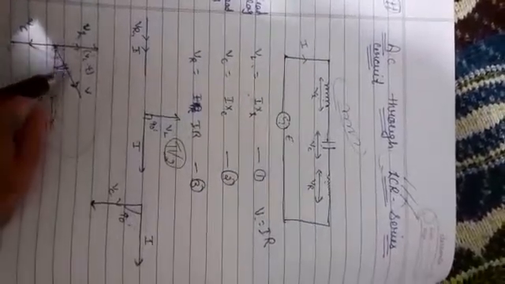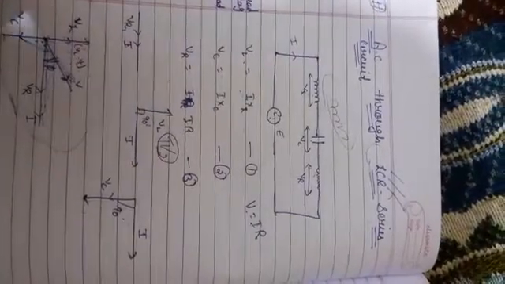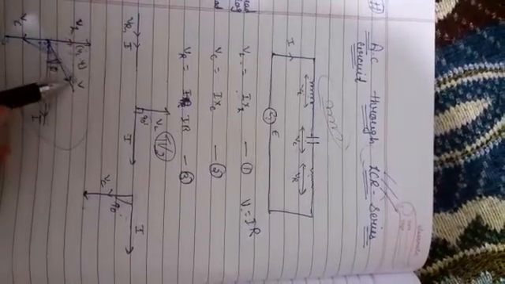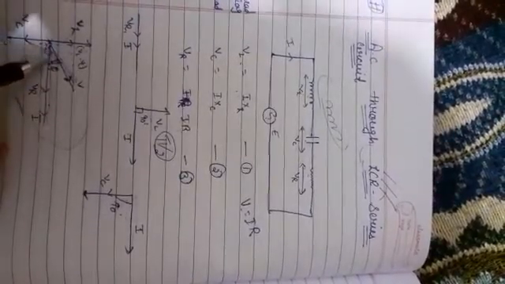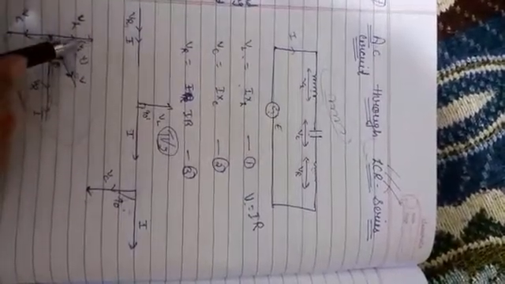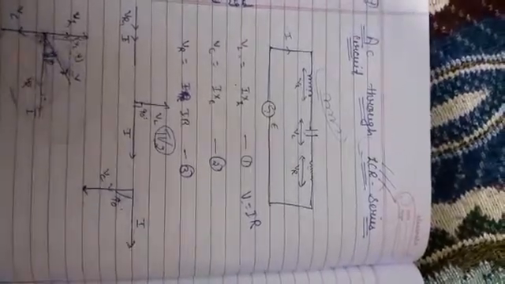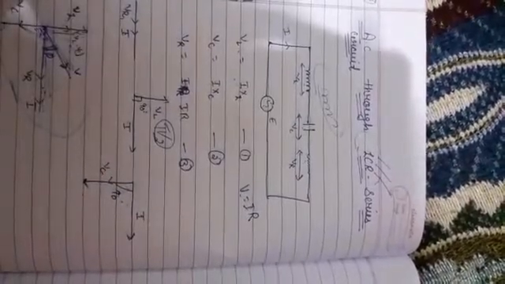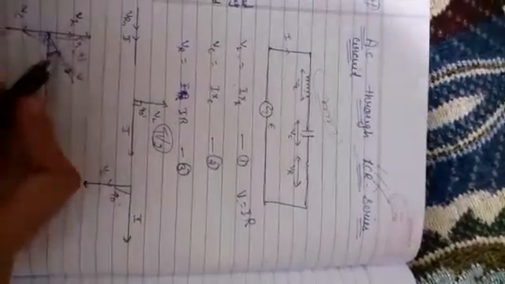Here in the triangle I have this, and this is my V resultant, so I can apply Pythagoras theorem over here. So what I will do, V will be equal to the square root of (VL minus VC) square plus VR square. Here is my angle phi, a 90-degree angle is forming over here. According to Pythagoras theorem, hypotenuse square is equal to base square plus perpendicular square. Base is VR and perpendicular is VL minus VC.